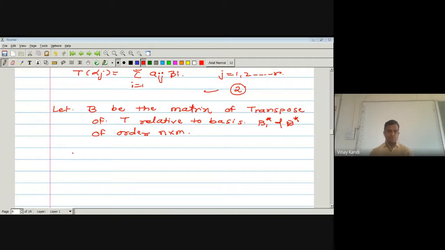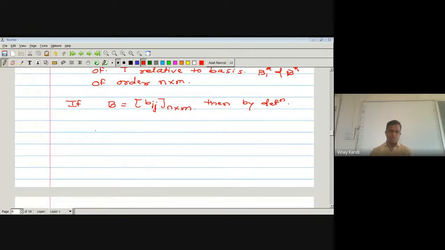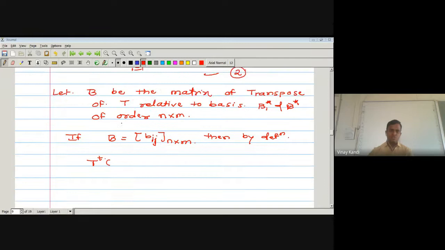If we call the coefficients Bij, of order n cross m, then by definition T transpose of Gj, an element of W star, that is the basis Gj,